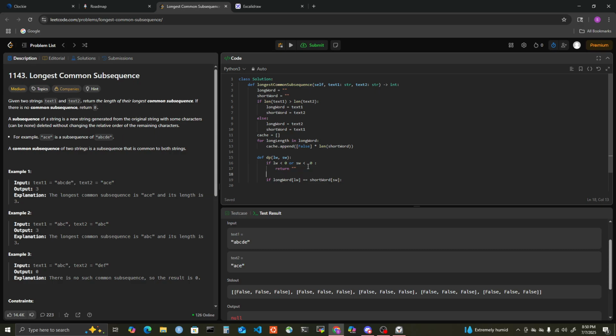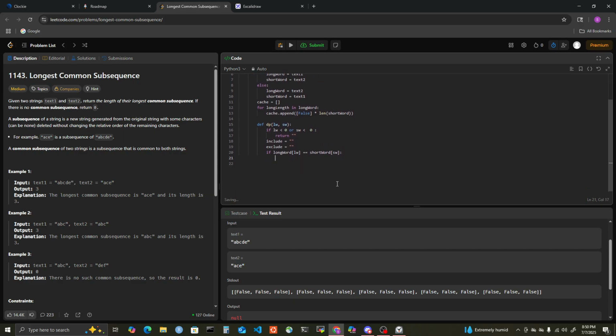So I'm gonna say to include equals that. Exclude equals that. I'm gonna say that include equals DP. If we're taking it, then